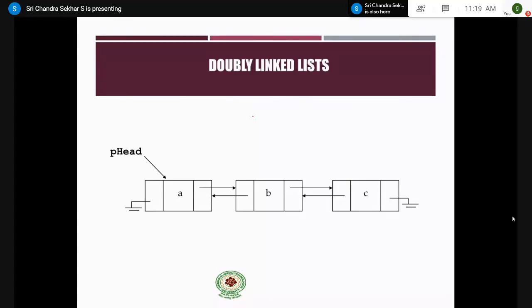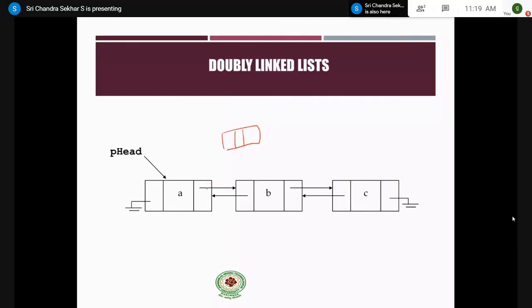Similarly, in the doubly linked list, the same type of question may be asked, where they say that if you want to insert a new node in the middle of the doubly linked list, how many pointers do you have to modify, right? It's also very simple. The first step is you have to create a new node like this, and again it has this previous and next part.